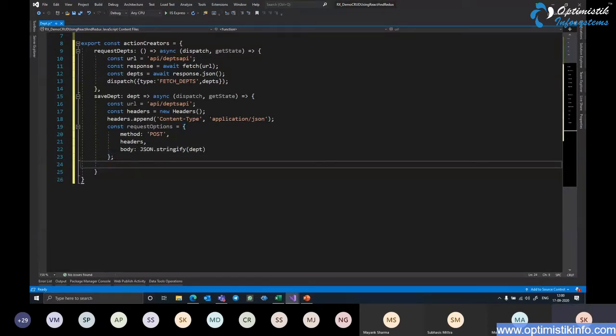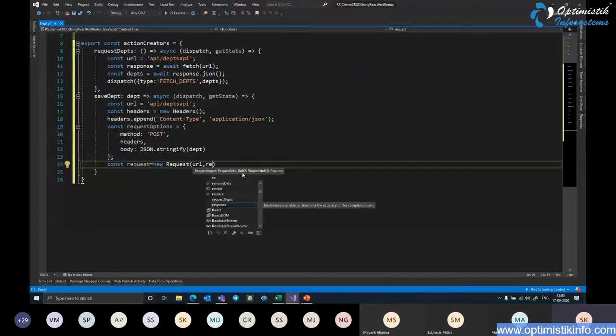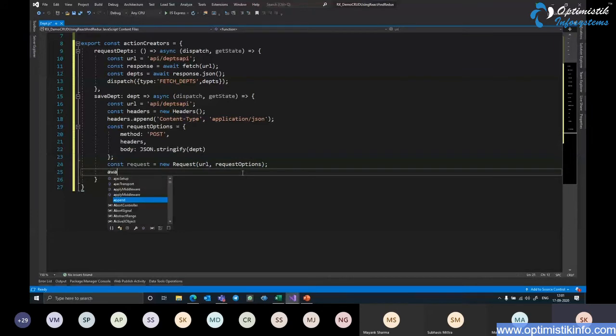Till now we have not dispatched the call to the web API as yet. So here I first of all build the request by saying const request equals new Request, that takes in URL and requestOptions, and then the actual call, where I say await fetch. Again the promise framework comes in and I pass the request object here,